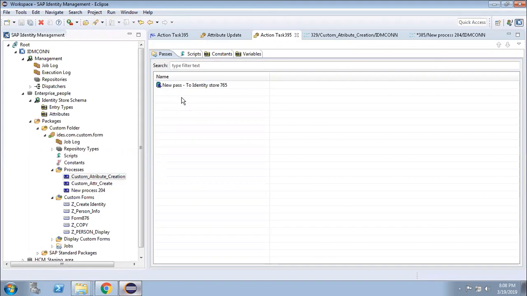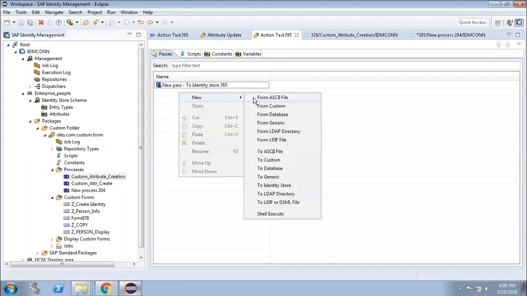We can add multiple passes, but only one pass will be active in one action task. Multiple passes cannot be active in one action task.